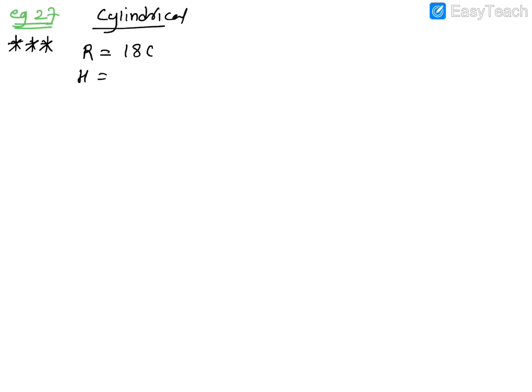Okay, then next problem is the problem number 27. So now we are on example 27. Again, it's a 3-star problem, and as I said, again, not because of the level of difficulty but from exam point of view. So now here they say a girl fills a cylindrical bucket 32 centimeter in height and 18 centimeter in radius. So we have got a cylindrical bucket whose radius is given and height is given. Radius is given 18 centimeter and the height is given as 32 centimeter.